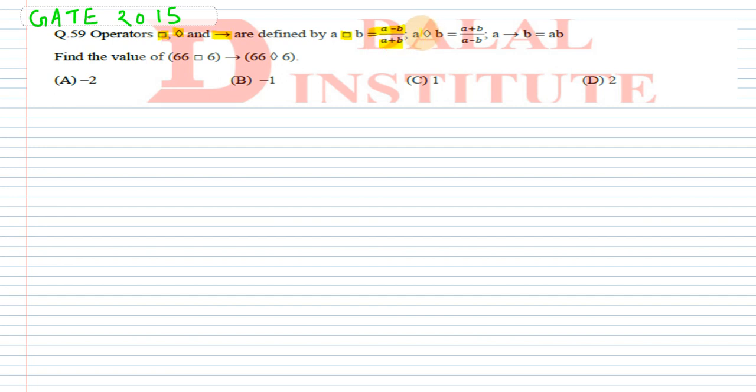And if we apply the diamond operator between a and b, then it will be equal to a plus b by a minus b. And if we apply the arrow between a and b, then it will be equal to ab. Okay, fine. Then find the value of